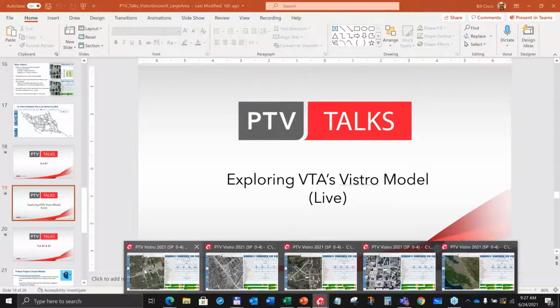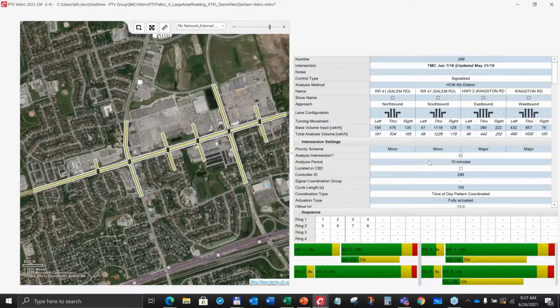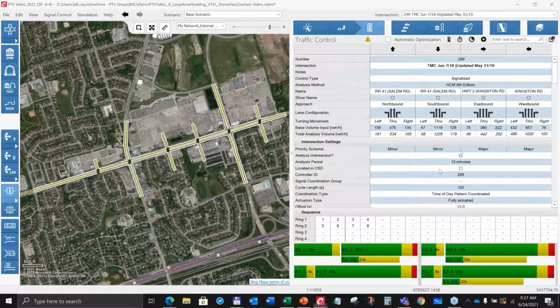So similar to the answers from that first poll, what you may see many times in your analysis or your projects are maybe corridor-specific models. Like we have this one here that's in Ontario, Canada, a corridor along a major arterial with about six signals in there, and this is pretty typical for various types of studies.